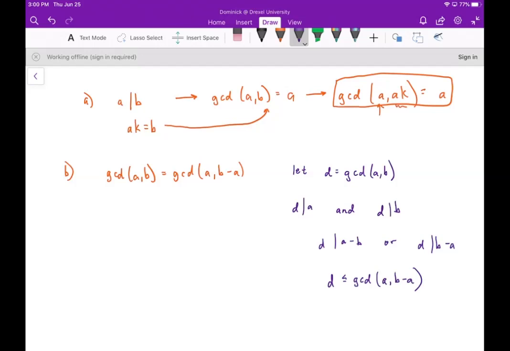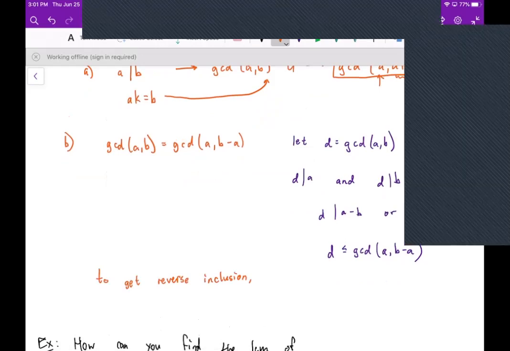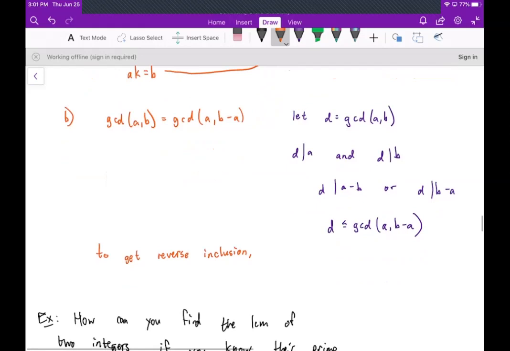Now, if we do this another way, we could also do, to get the reverse inclusion, we need to do something like this. Now, it's kind of silly, but we're sort of just going to change the roles of D and the GCD, right? So now we would just say that the GCD of A and B divides A,